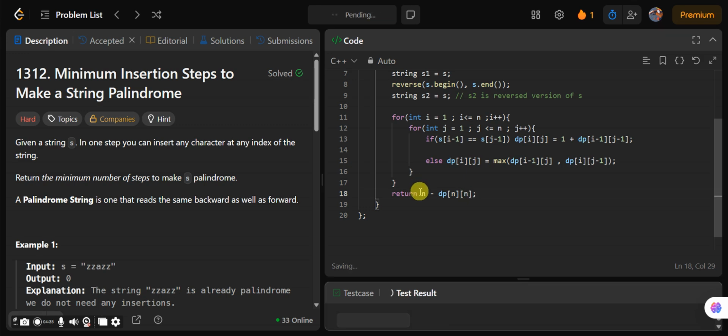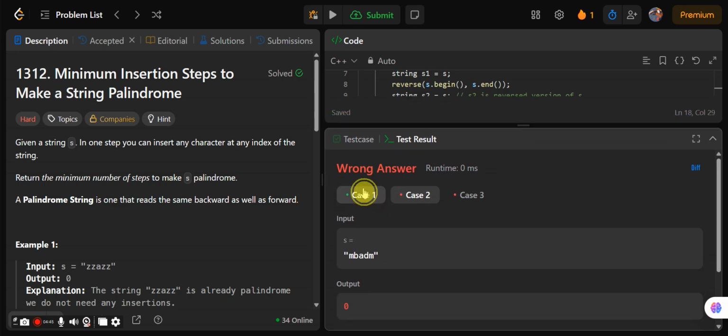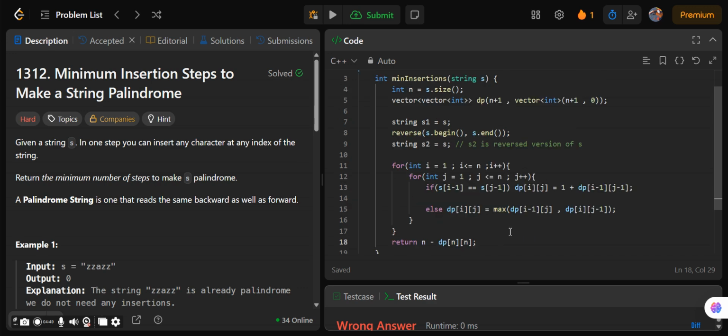Let's see if it is going to work or not. What have we done wrong, let us see. We have i less than equal to n, j less than equal to n, j plus plus. Okay, we are doing here 1 plus dp of i minus 1 j minus 1, initialized with 0, and s1 and s2.